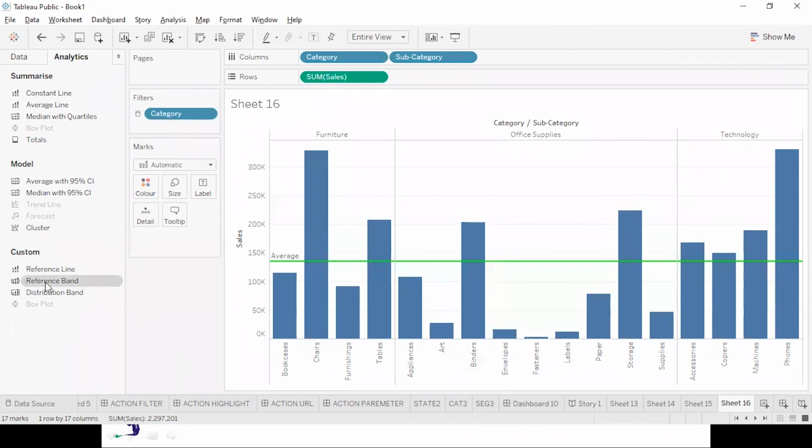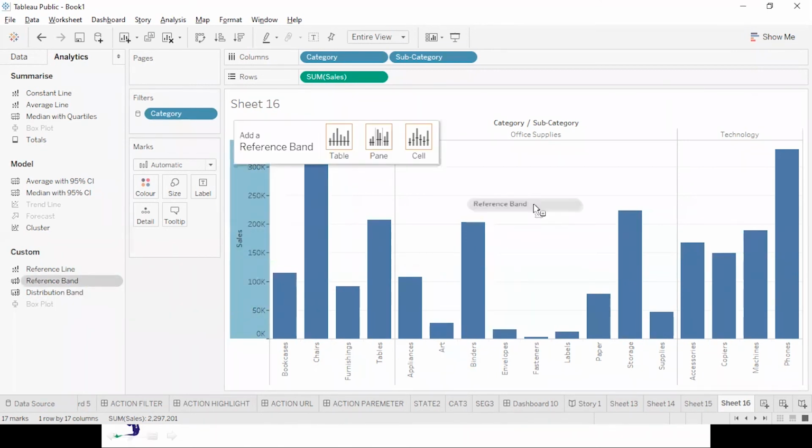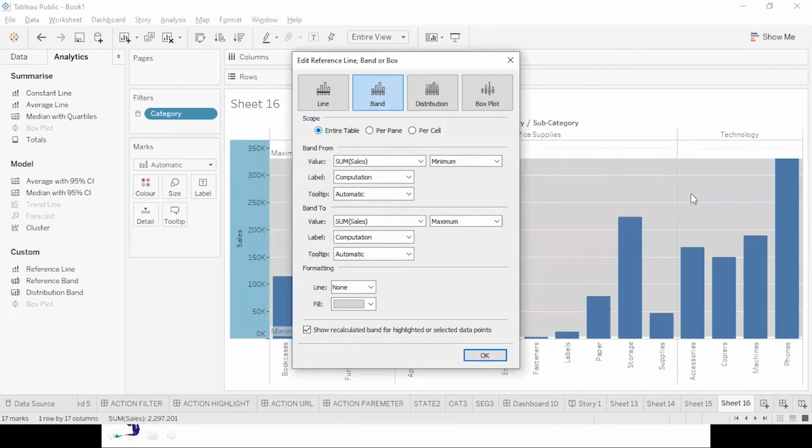Then a reference band. If you remember the reference band, band means a range. Let me remove this reference line from here. Let's take a reference band on the table. So here you can specify it has been taken from the minimum to the maximum.